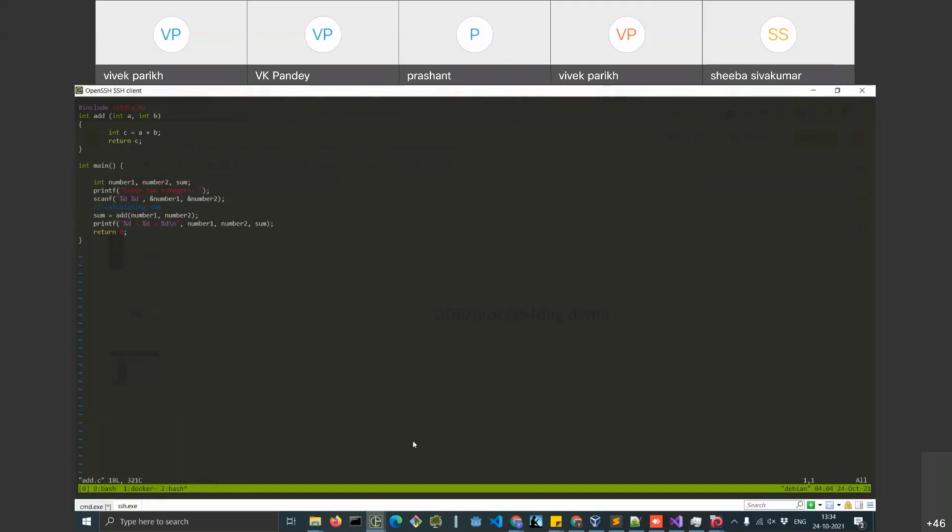For buffer overflow, there is some return address.